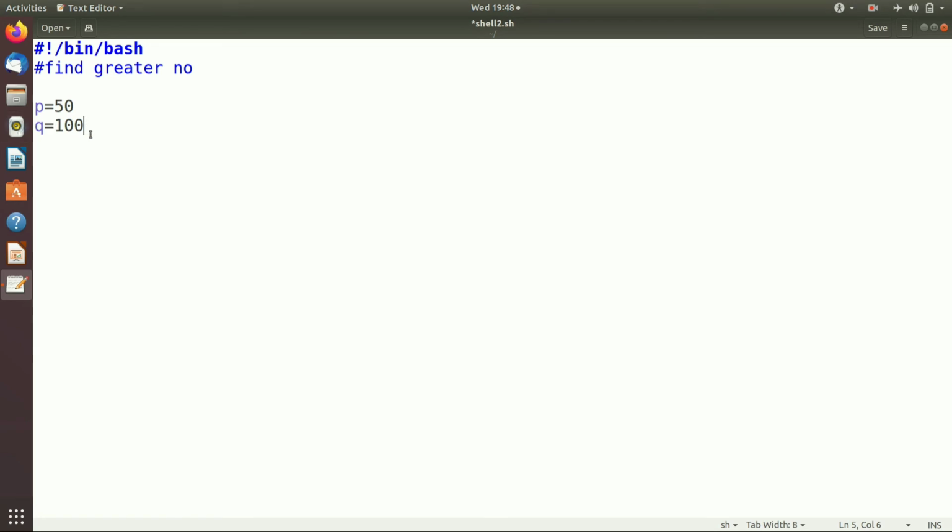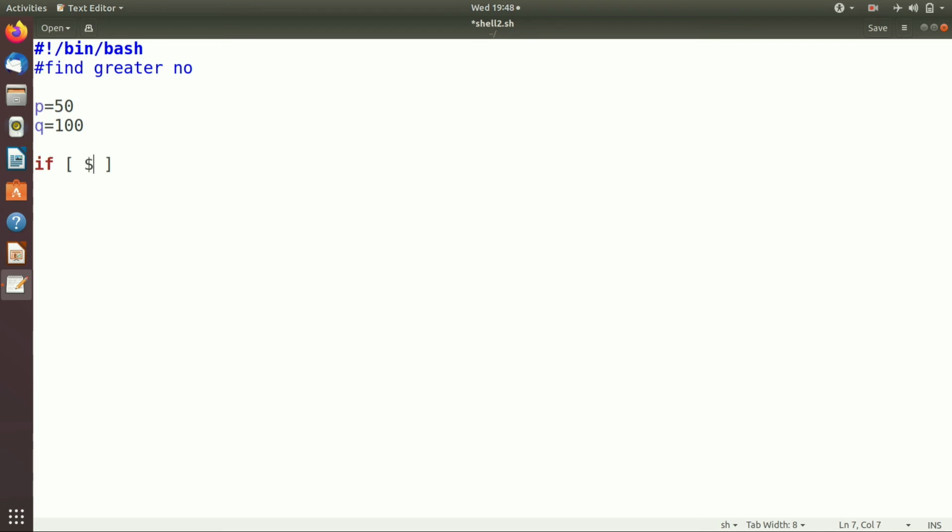Okay, so here I have to use an if statement. So I write here if, space, open square bracket, space, space, close square bracket. Remember, just after the open square bracket I have to use a space, and before the close square bracket I have to use a space.